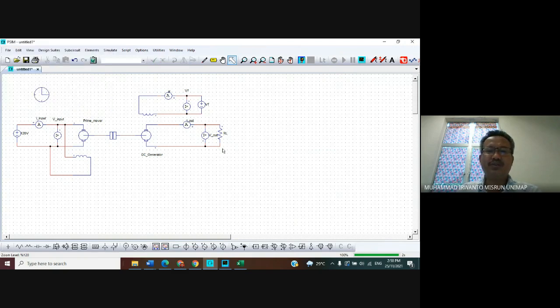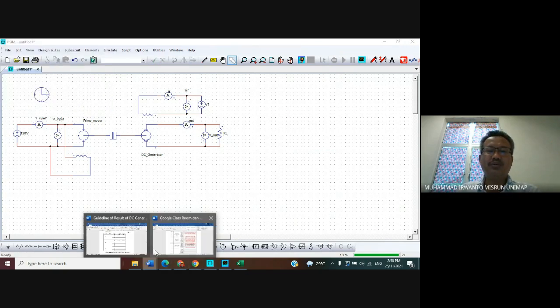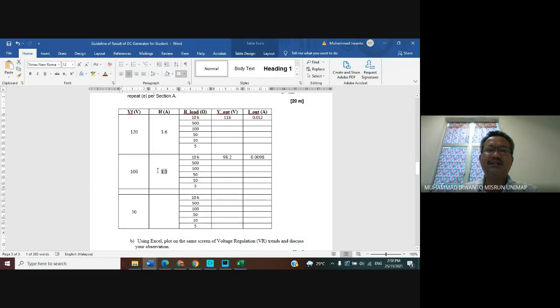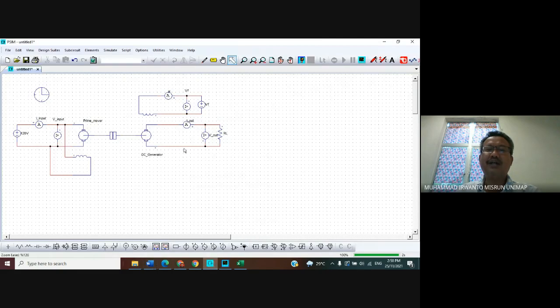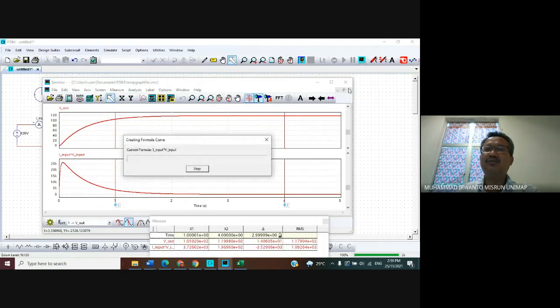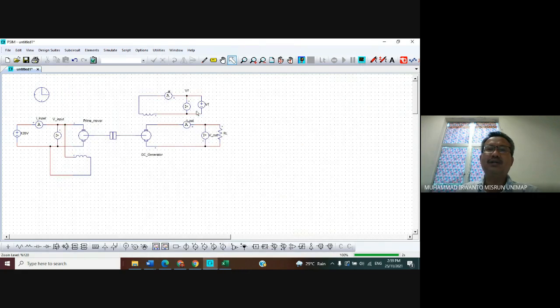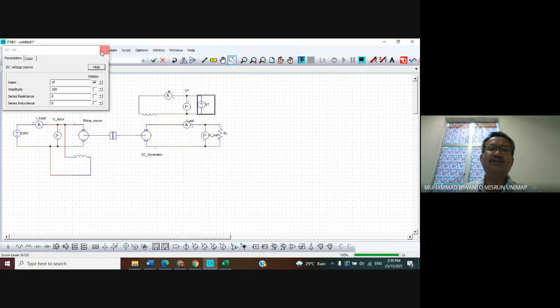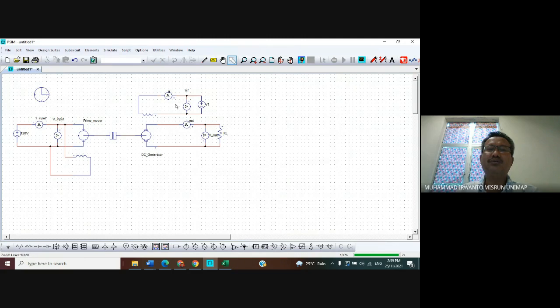First, we want to find the field current. The field current is here. I close everything first. We have changed it to 100, and then we want to find the value of the field current. We run.